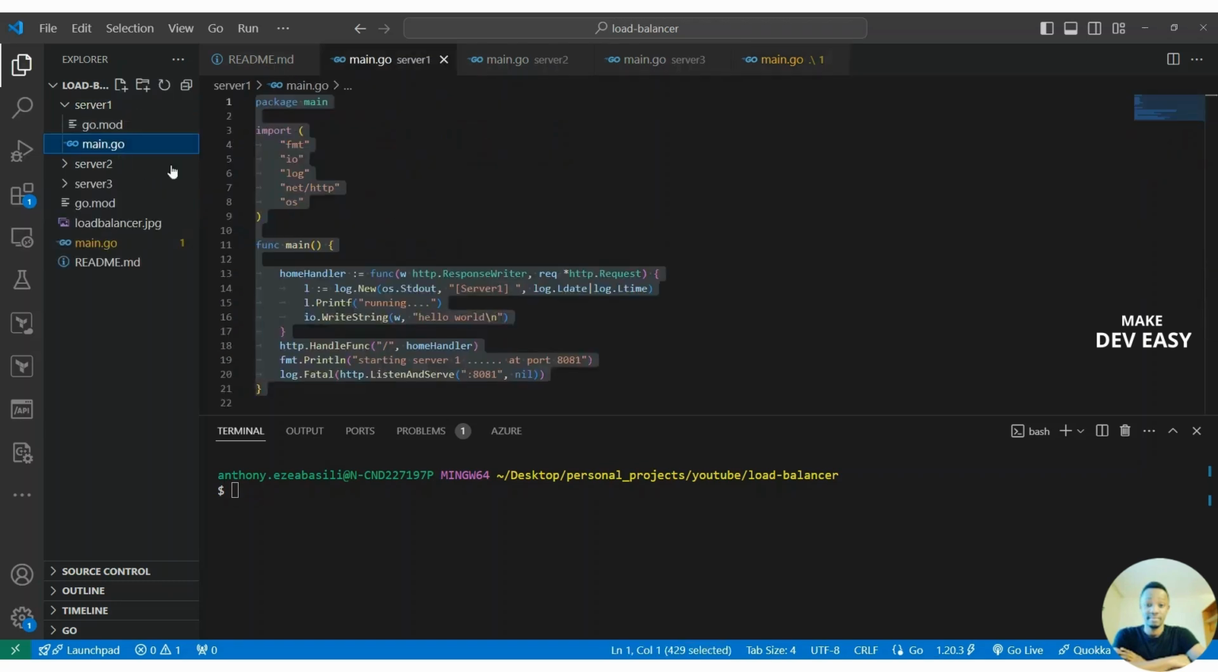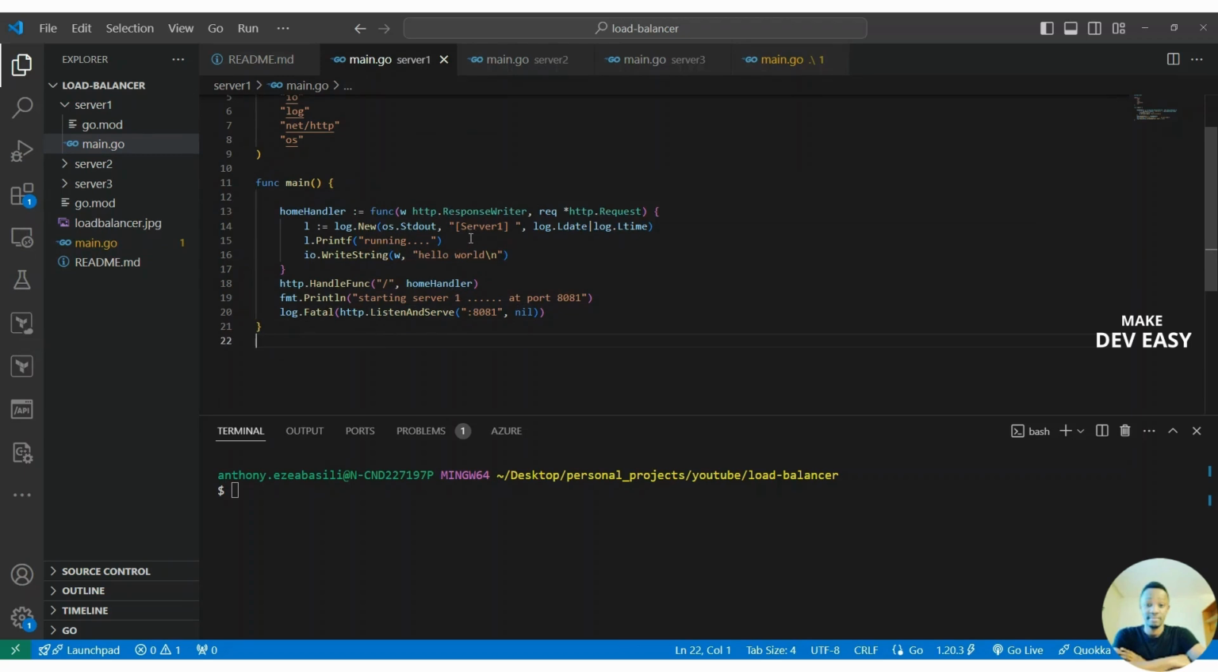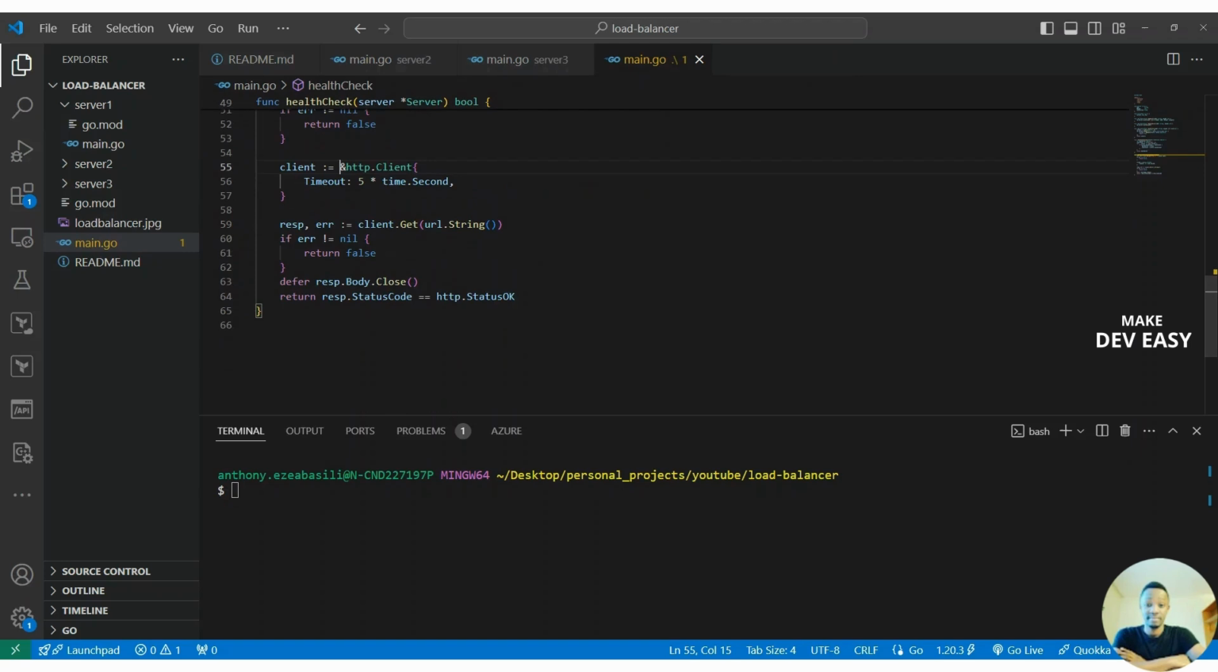Let's just make sure that we are returning the status 200. And yeah, this should be fine. Okay. So we've implemented our health check. Now I need to implement a function that's going to help me actually run this health check. So I can call this run health check,